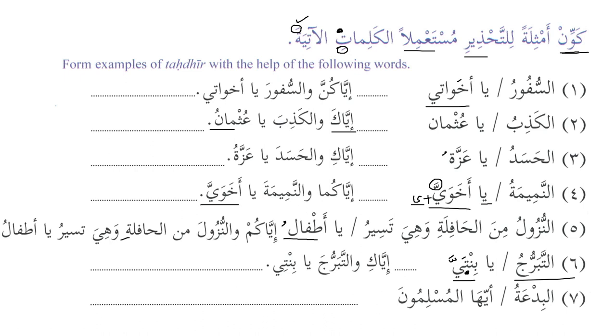Then it says al bid'atu ayyuhal muslimuna. Beware of bid'ah, O Muslims. إياكم والبدعة, brothers, Muslim brothers. But when we say iyakum, it includes both. Please be careful, brothers and sisters. Iyakum wal bid'ata ya ayyuhal muslimuna. O Muslims, beware of bid'ah. Again, inventing new things in Islam. When we say Muslimuna, it includes brothers and sisters. We have discussed this many times.